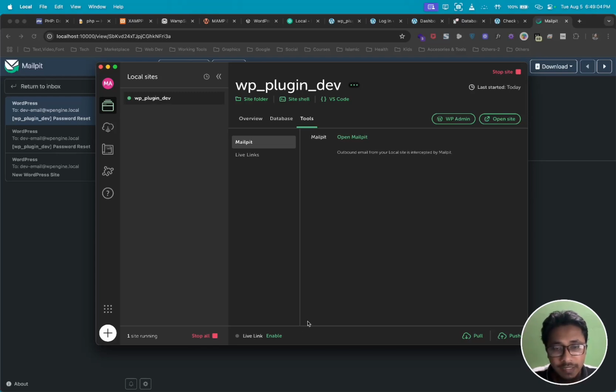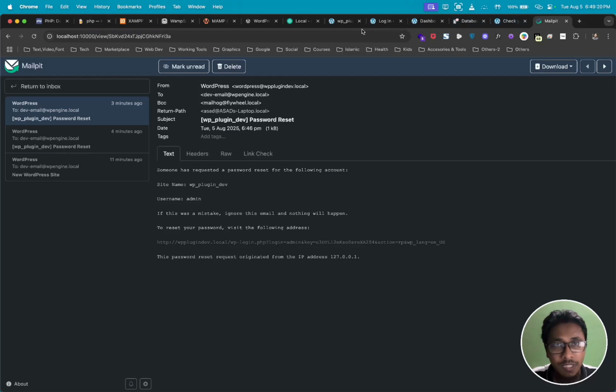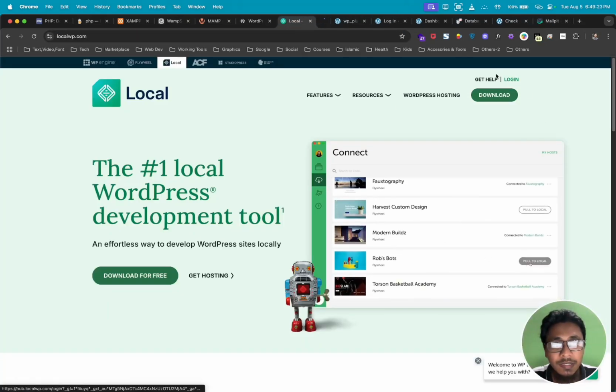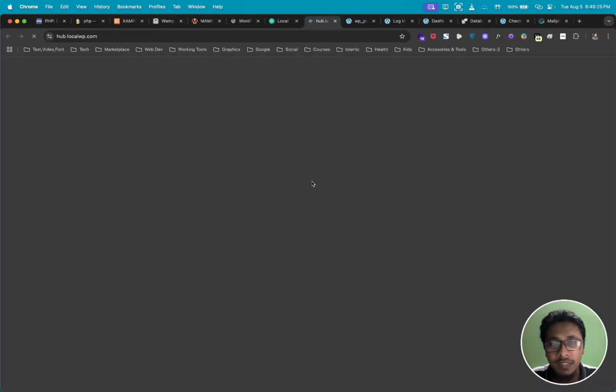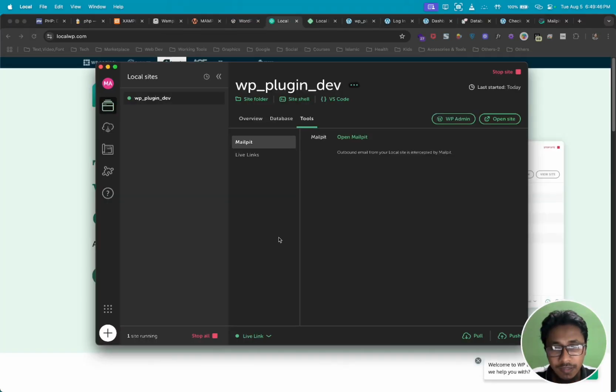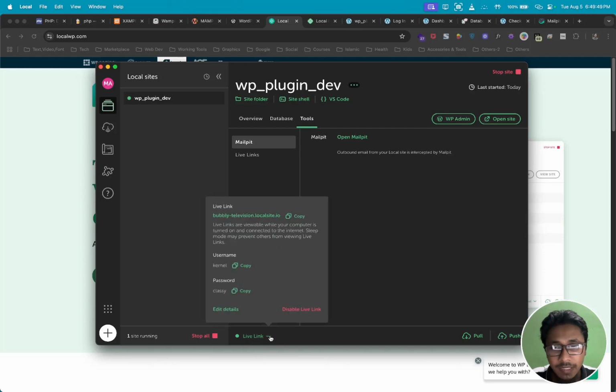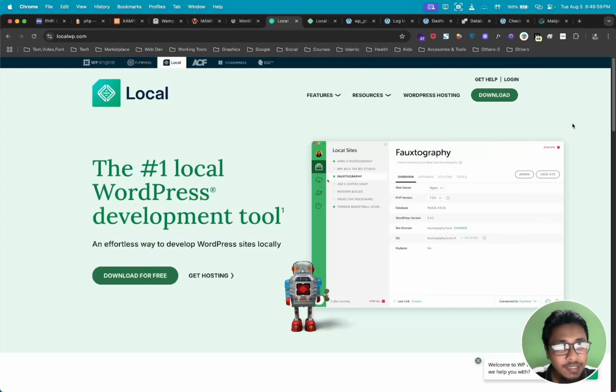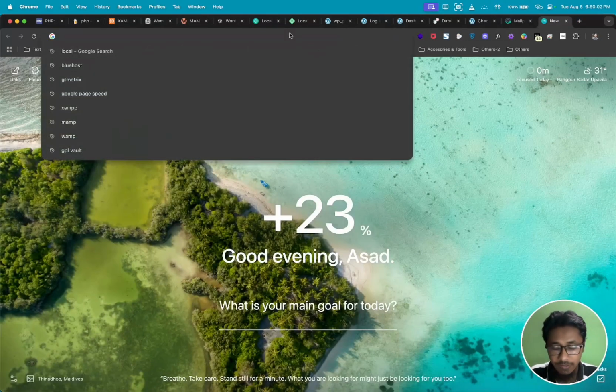Another cool feature is Live Link. This creates a temporary public link for our development site. Okay, for this we need to create an account. If we go to Local and log in, you can see I already have an account. So if we go to Live Link, here you can see a link. If we copy this and paste it in here,